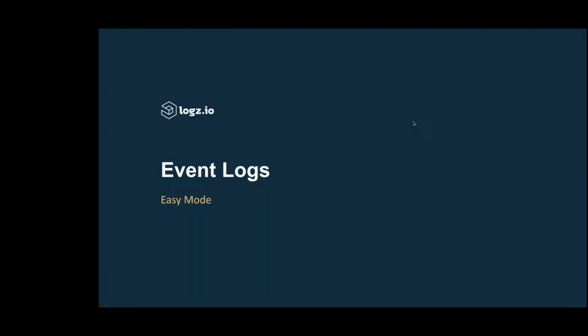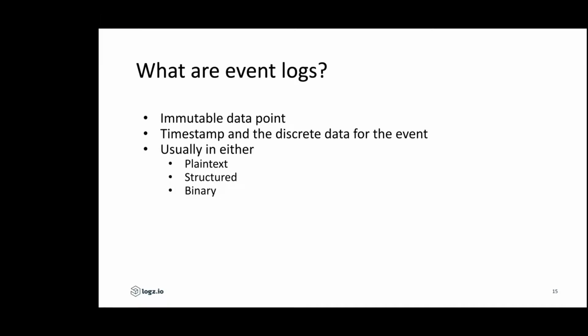Yeah. So let's go through those steps, break them down, get into it a bit more. So event logs, ta-da! We're all used to these. Mutable data points. These are timestamped pieces of information. These are used for debugging primarily. So we receive the information in plain text. So we're used to that with things like